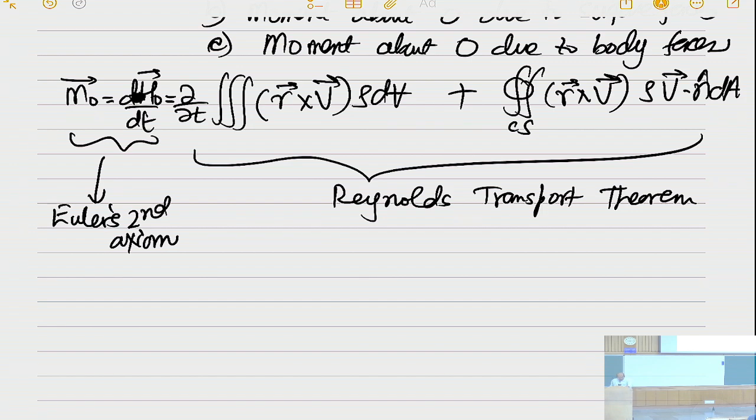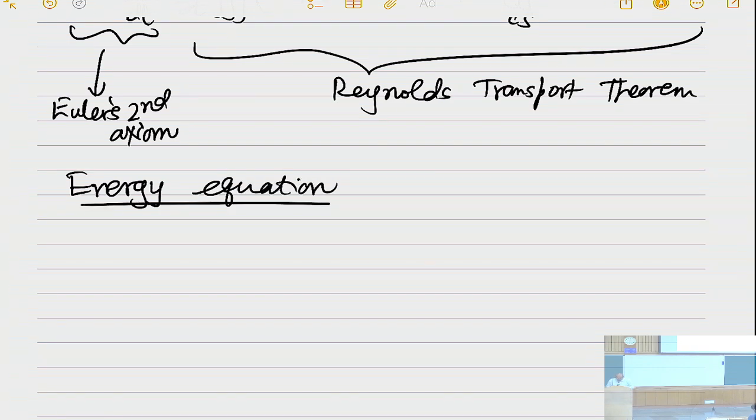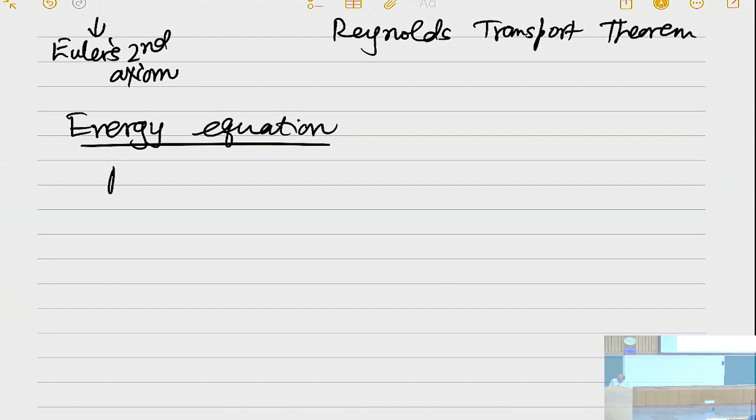So, then the next thing we will move on to will be the energy equation. And today I will just talk about the first law of thermodynamics. The application to the control volume we will do in the next class. Okay. So that is the next basic equation, and here when we apply the energy equation,